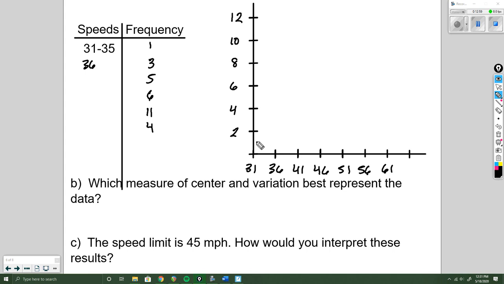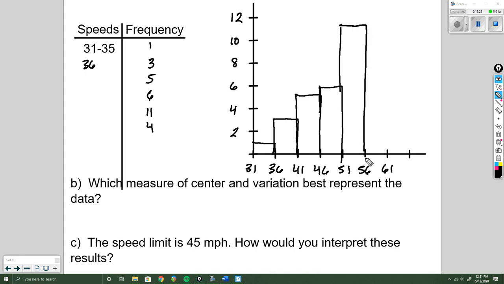All right, now we're just going to estimate. One person falls in the category 31 to 35. Three people fall in the category 36 to 41, five people in the category 41 to 45, six people from 46 to 50, 11 people from 51 to 55, and then finally four people from 56 to 60. All right, so first, in order to answer these questions below, we want to figure out,